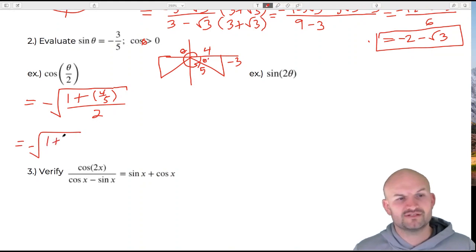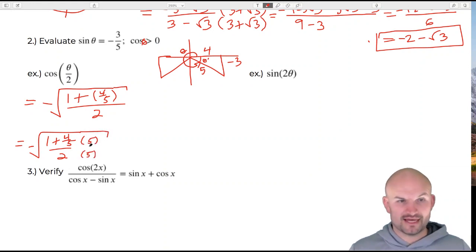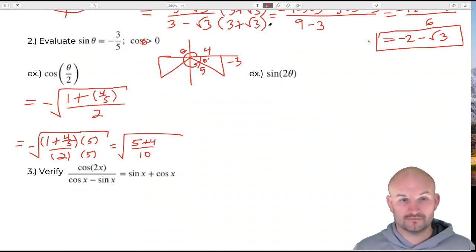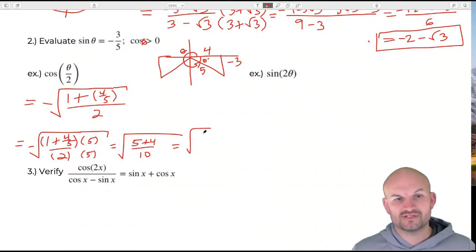So 1 plus 4 over 5 divided by 2. I'm going to multiply by a 5 over a 5. And again, under the radical, you can go ahead and do that. Again, we're not changing anything. Okay, so when I do that, I now obtain a 5 plus 4 all over 10, which I can now break into the square root of 9/10, which can be rewritten as